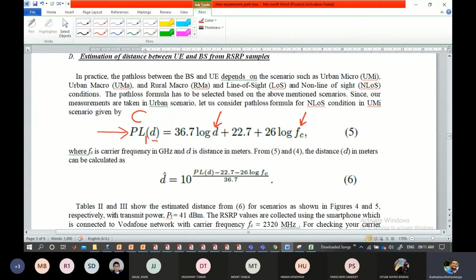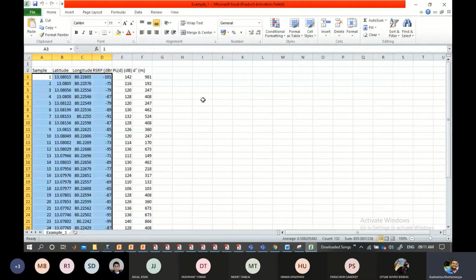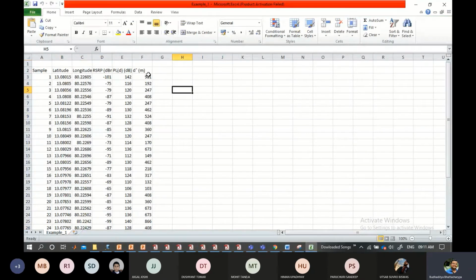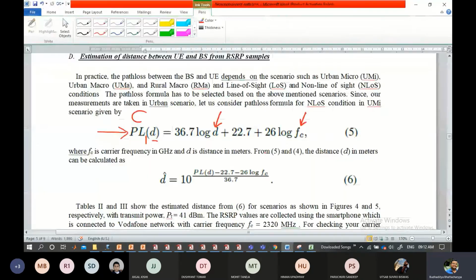you can find out the path loss, PL1, for that particular instance. Now if I go back to the table, Utsav, you can see the PL in dB and D values. When I took these values, they were random. This is not based on the locator app. This is just a random value for demonstration purposes. These PLD and D values don't have any role to play in the heat map of CRFO, so it doesn't matter what I have given over here, because it will only take these 3 columns. What I did here is that this value of PLD is calculated based on the equation that you are referring to over here.